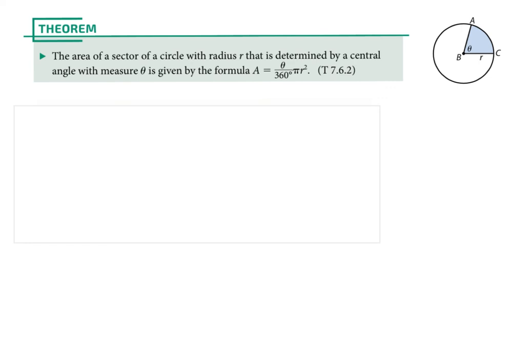So we want just this piece of the circle. We want to know how much area of the pie we have. The entire pie would be pi r squared, because that is the area of a circle. But we just have part of the circle. So we basically take pi r squared, and we are going to multiply it by what portion of the circle